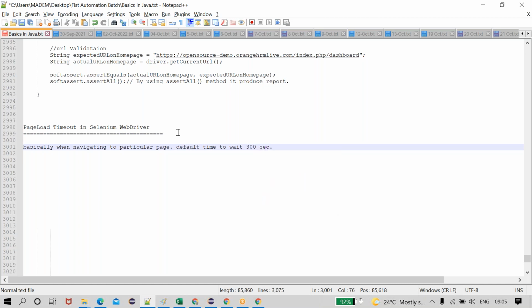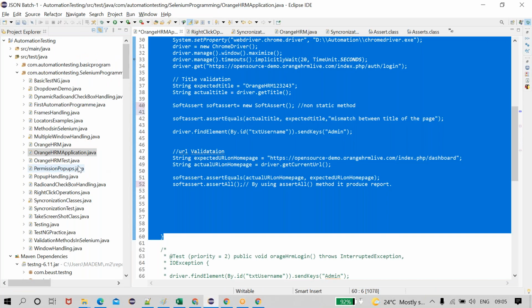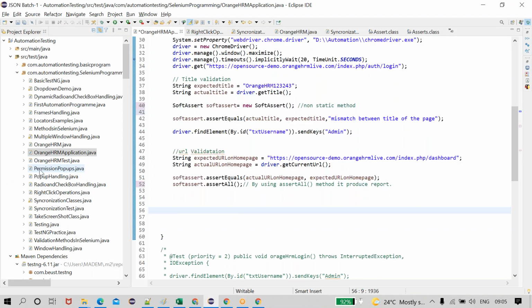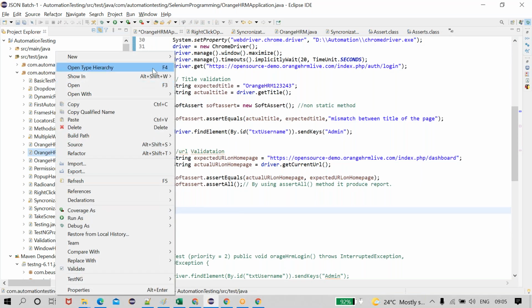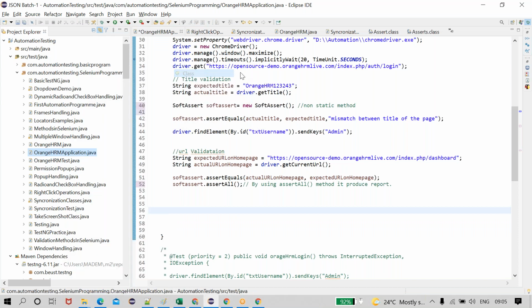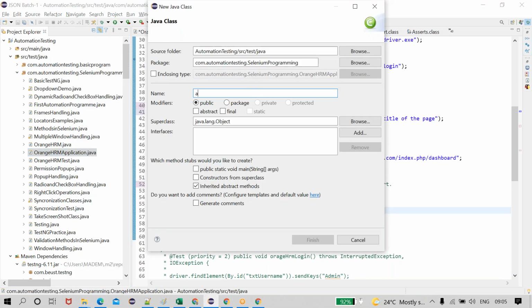I will write one simple code, then only you can understand. There is nothing crispy, very simple thing. Very small topic also.